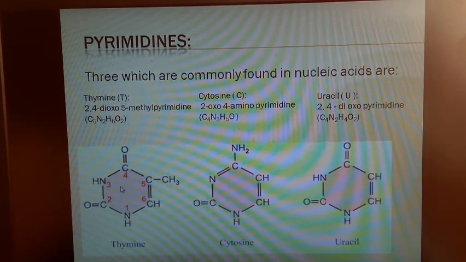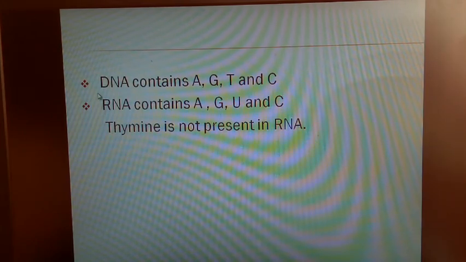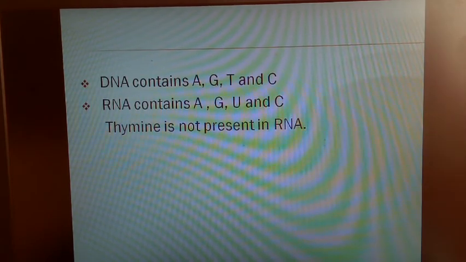So we have studied purine and pyrimidine bases. Next, among these bases, DNA consists of adenine, guanine, thymine, cytosine. It is very, very important because we are going to study these things further, and it is very important for competitive exams. So more importance should be given to this. You need to remember it, and for the theory exam also. They may ask questions like which are all the bases, or the base which is present in DNA and not present in RNA. That is a very commonly asked question in any board exam.